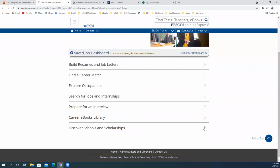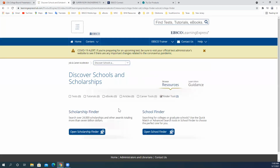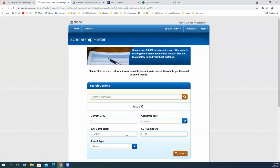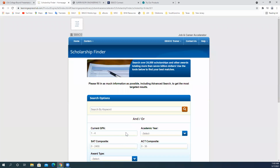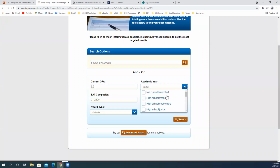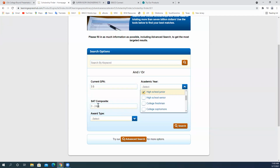Now, under Discover Schools and Scholarships, we'll click that scholarship finder tool. And this will help students research a database that contains over 24,000 scholarships totaling more than $7 billion in awards. So we can enter a keyword search if we know the type of scholarship we're looking for, or we can enter our GPA, and I'll just enter some information here, select my academic year, and let's pretend that I'm a high school junior. I'll enter an SAT composite as well as an ACT composite score,